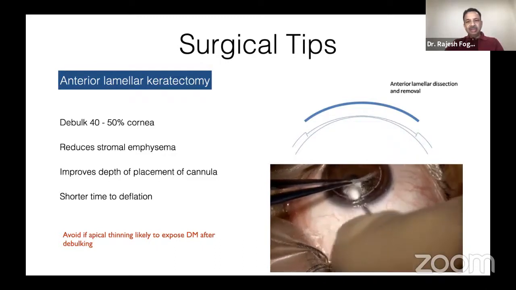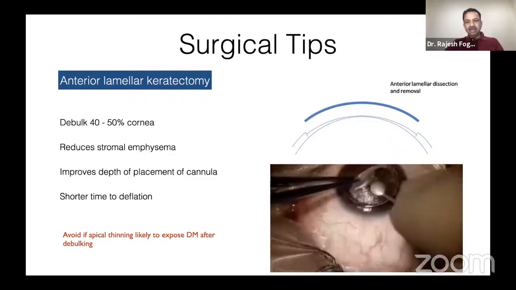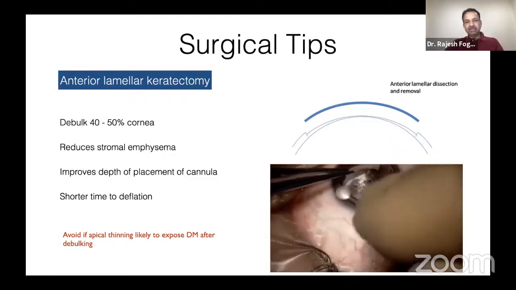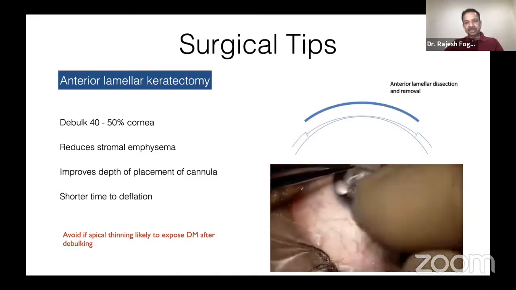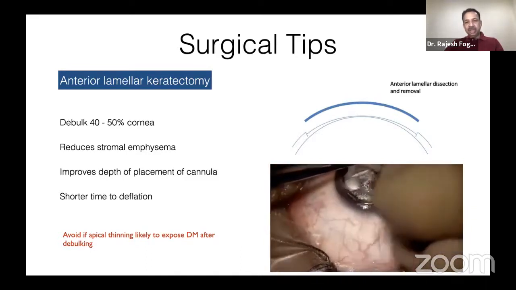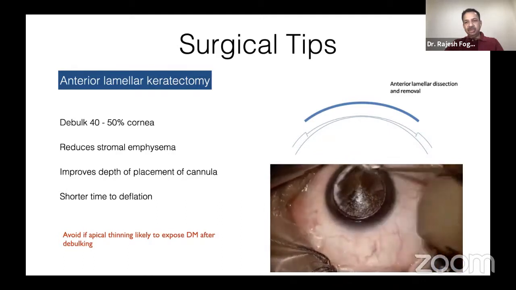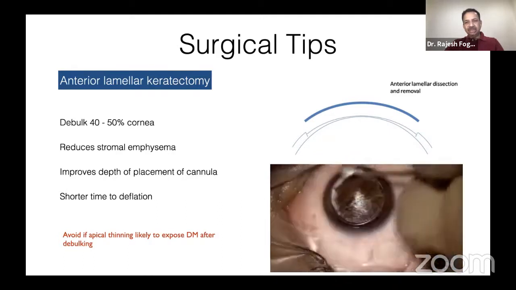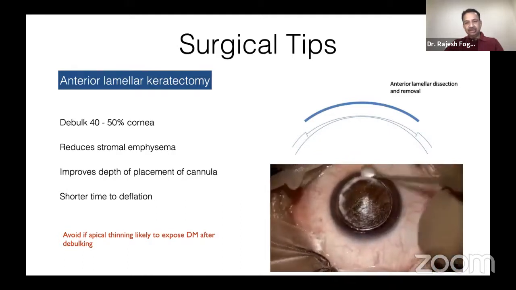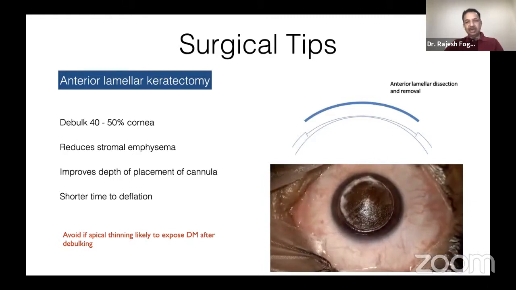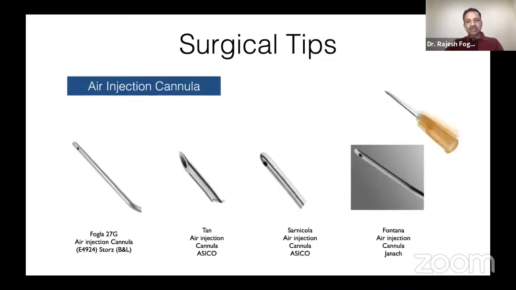So the debulking can be done; you need not remain in the same plane, but you can use any lamellar dissector. Be careful when you use a crescent, because the crescent is very sharp. If you don't have control over it, you can end up perforating into the anterior chamber. In terms of air injection, yes, you can use a 27 or a 30 gauge needle,